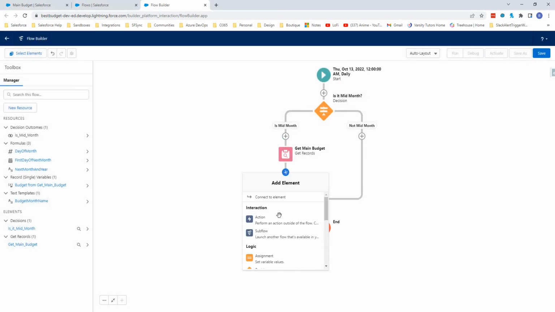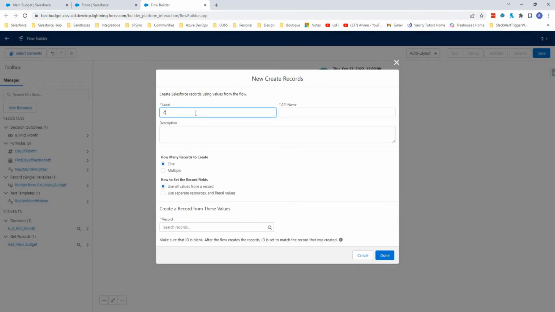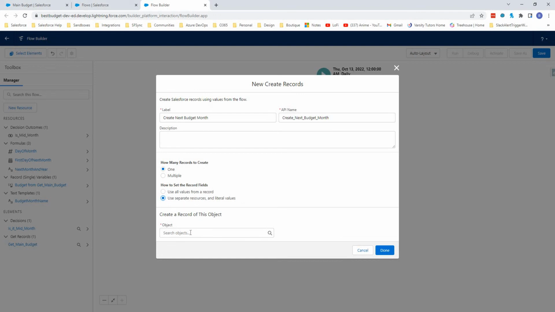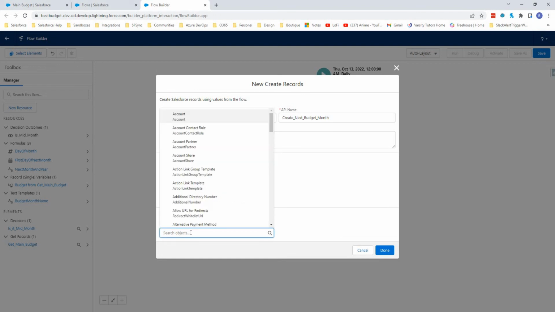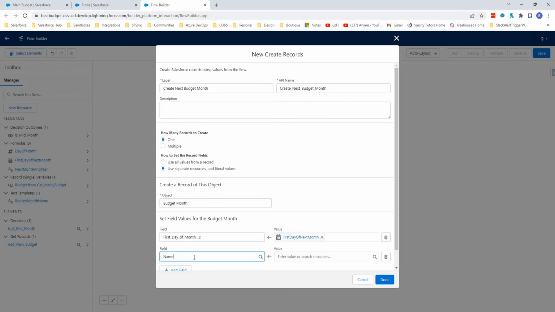And the last action we're going to do in this flow is just a Create Records. And we're going to say create next budget month. We're only going to create one record, and we're going to use separate resources and literal values just to simplify it. The object we're going to want to create is a budget month, and we're going to store the fields for first day of month using that first day of next month formula that we created. We're going to make our name be that budget month name text template,